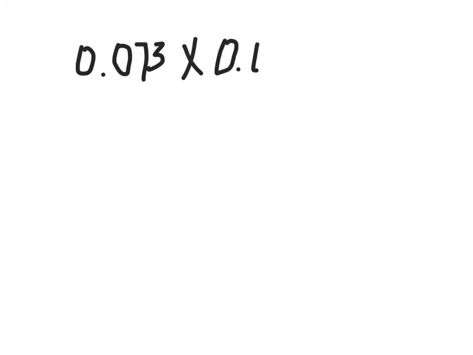There are times when making an estimate is not helpful or even practical. If we had the problem 0.073 times 0.02, why would it be difficult to make an estimate for this problem? The problem is that it doesn't make sense to round either decimal to a whole number, so we'd still be